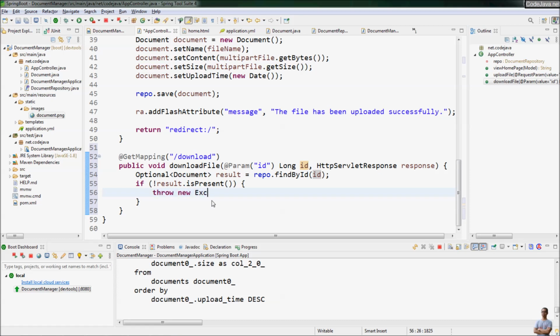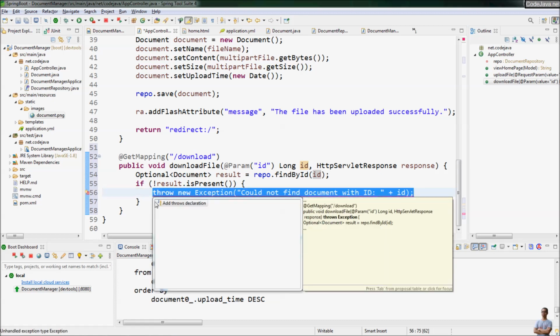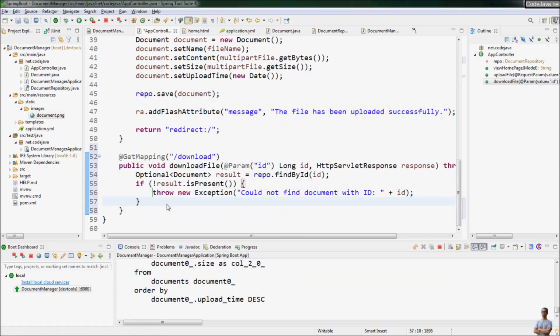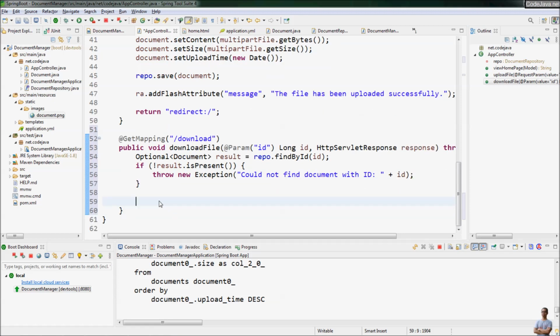Throw new exception with the error message: could not find document with ID, and then the ID of the document. Else, we proceed to read the content of the file